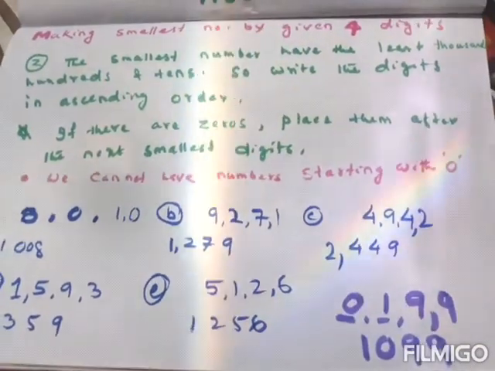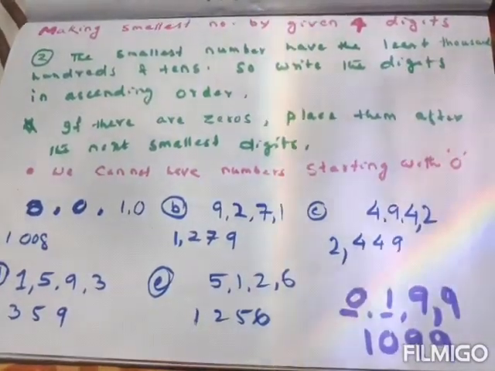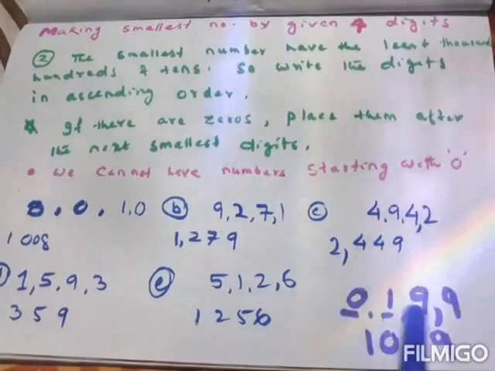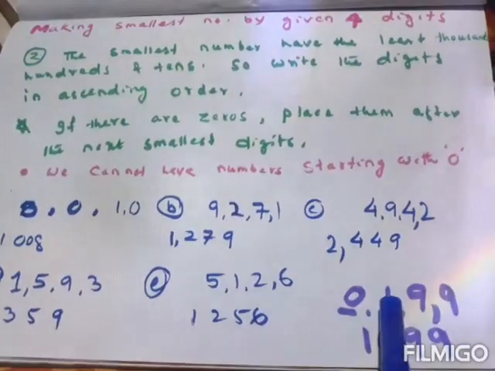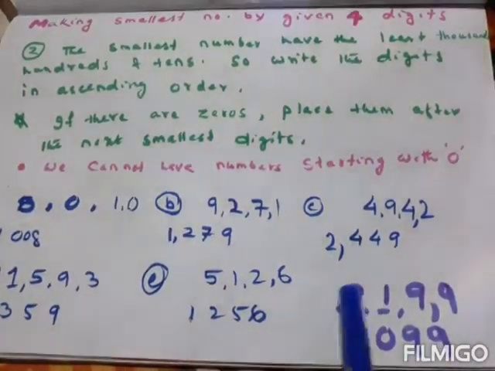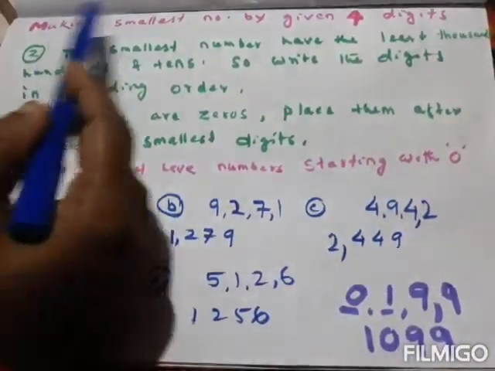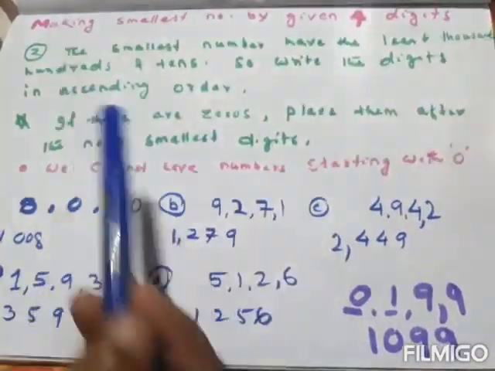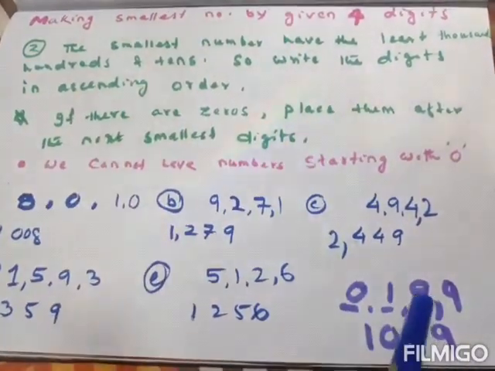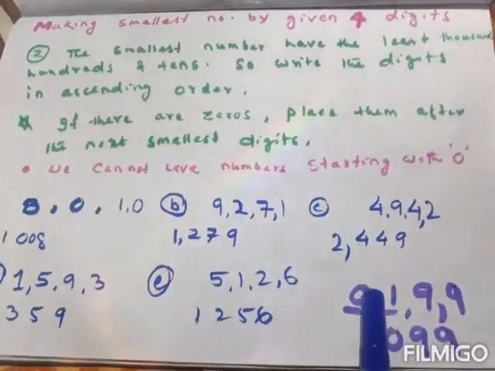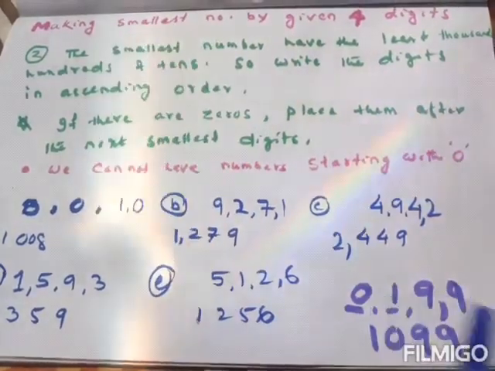1256. Here one more example is given to you to know more about why we should not put 0 here. If the number given to you is 0199, can it become a 4-digit number? Yes, if we write 1 before it. Otherwise, if 0 has no value on the left side, no, it becomes a 3-digit number. But my question is, we have to make the smallest number from the given 4-digit number, no? So we have to use 0 and make the smallest 4-digit number. We cannot write 0 before, because then it will be a 3-digit number.